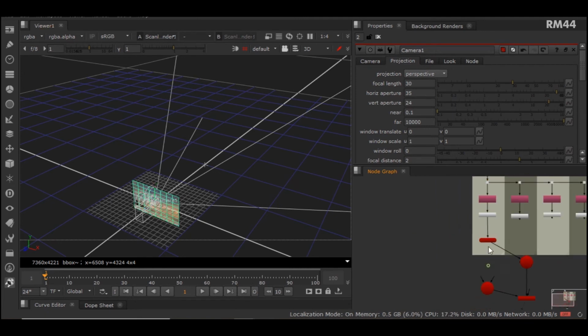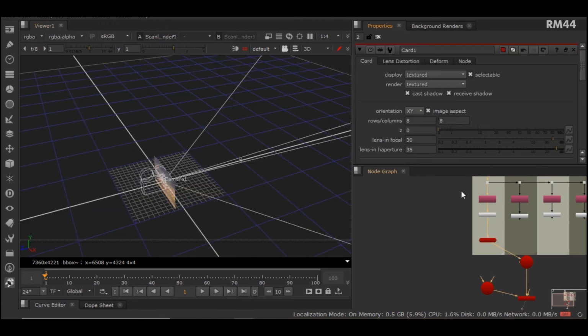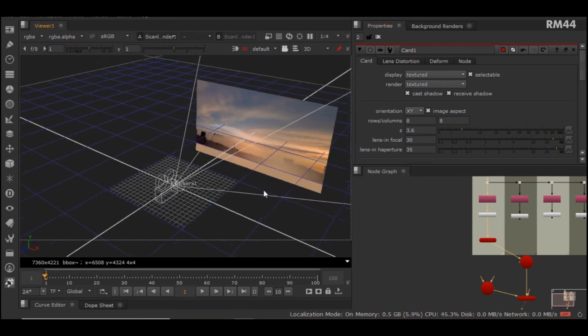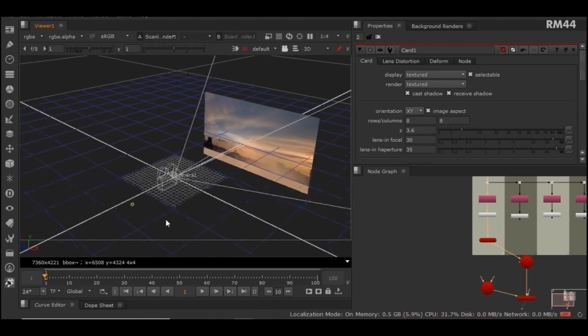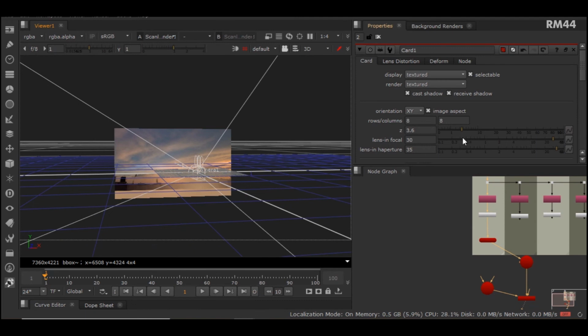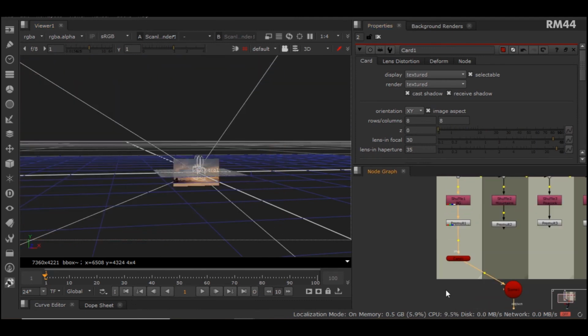Now if I connect the card to this layer and to this scene, in this card there is an option called Z depth. If I move this value, it perfectly moves in Z depth as per the frustum. So you can clearly see that. The camera has this frustum, which does not move away. So I'll be doing this for the rest of these layers.